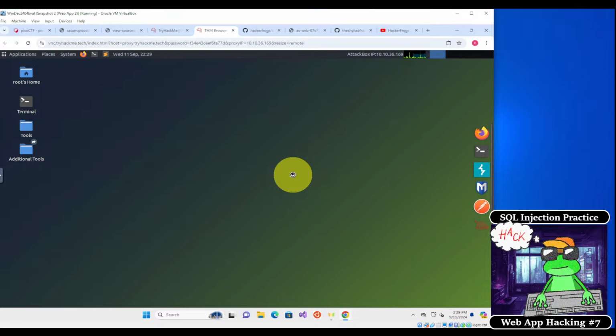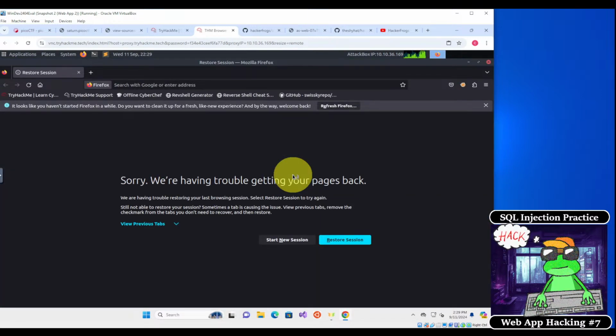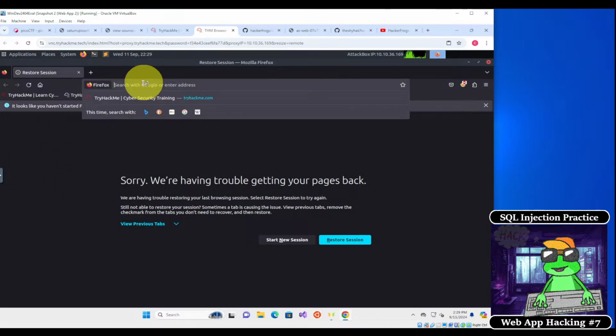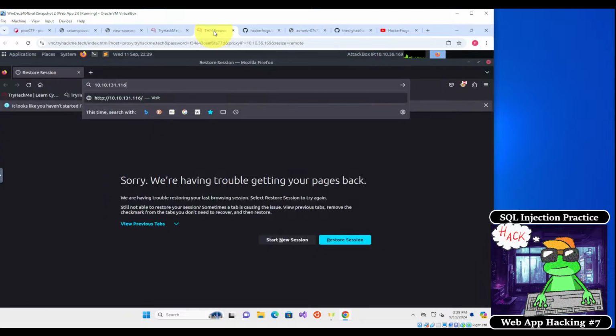And after a couple seconds, the browser is going to open up. So you're actually opening up a browser inside of your browser, and that's kind of cool. So in here, I think you can just paste in the IP address you copied by clicking on Copy to Clipboard. When you go over to the Firefox browser, you should be able to just paste in the IP address, but